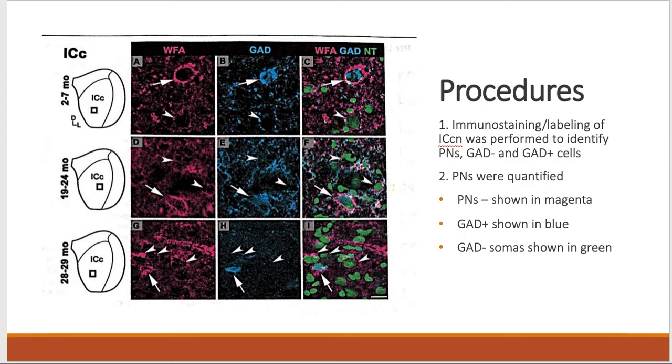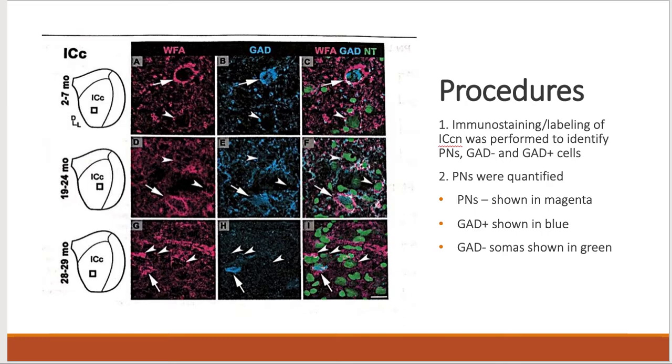And to refresh our memory, the GAD minus cells essentially represent the presence of excitatory neurotransmitter, and the GAD plus cells represent the presence of inhibitory neurotransmitter. So to summarize, the expression of inhibition has decreased and excitation has increased. And we know that we need inhibition to maintain temporal precision in our IC, so we're already seeing a bit